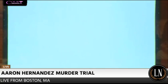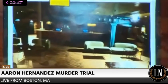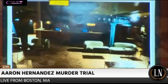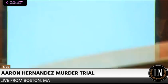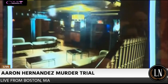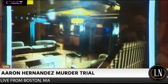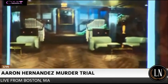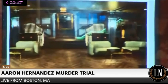Showing you exhibit number 42. That is a photograph of the bar from the landing of the stairs. Is that correct? Correct. Exhibit number 43. The right-hand portion of the club taken from the perspective of the landing of the stairs. Is that correct? Correct, sir. And lastly, exhibit number 44, looking back at the landing from the perspective of the bar. Correct, sir. Now, Mr. Nabulsi,